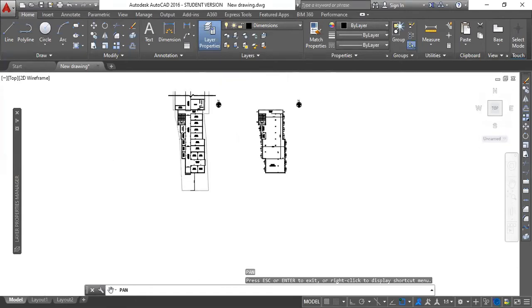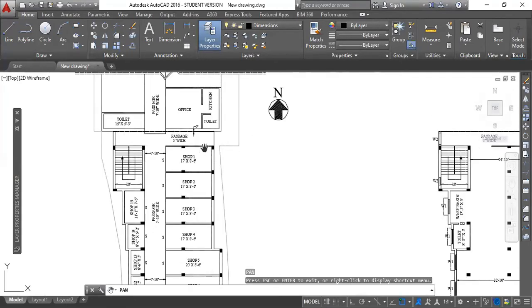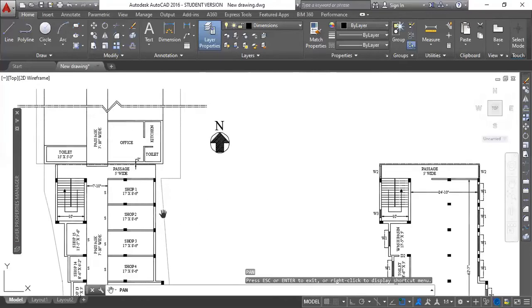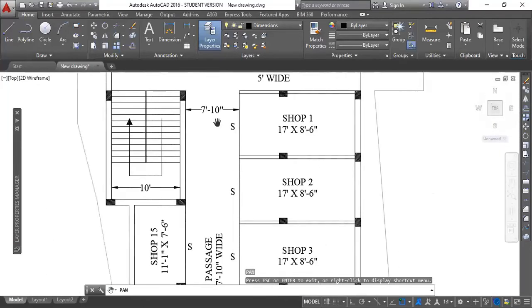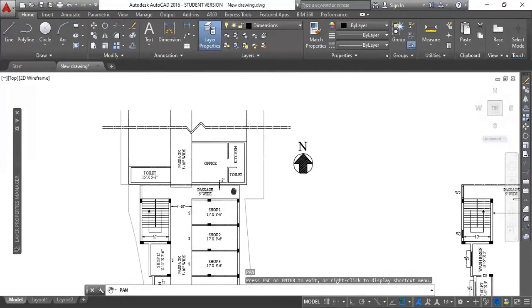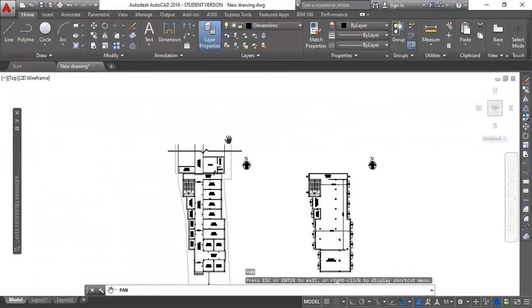This was a plan I was drafting today. This was a commercial place, and I thought of explaining it using this example. I'm talking about these particular tools because they are useful while you are reviewing your drawings.